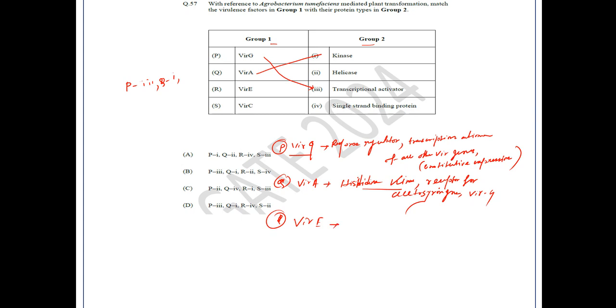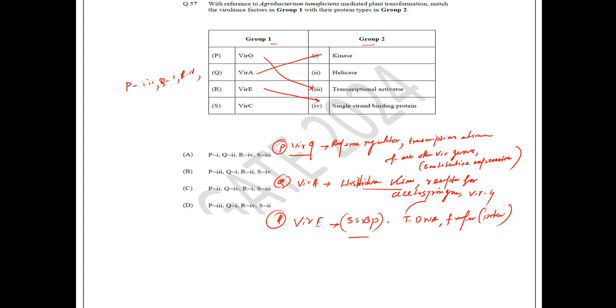And if we see VirE, VirE is a single stranded binding protein, that is SSB, and that binds and coats the single stranded T-DNA, and this actually protects the T-DNA during the transfer process. So it is a single stranded binding protein. So according to this, R matches with 4 of group 2,